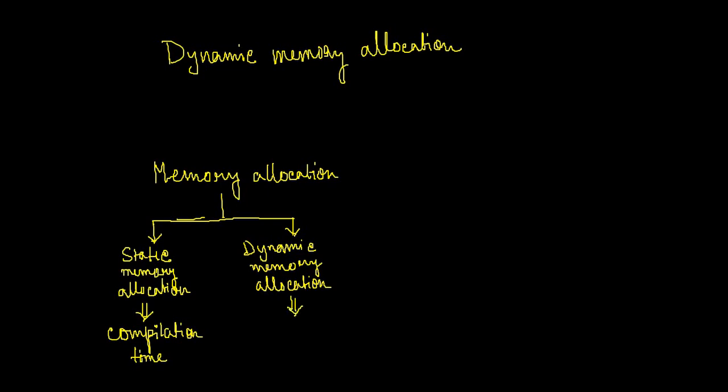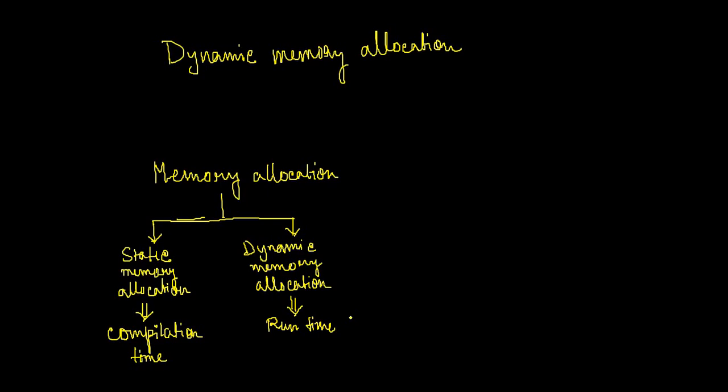And the memory is allocated in this case at runtime. So what does compilation time and runtime mean, and what effect will we get? Compilation time memory allocation means that if you want to execute a program, before executing it, the high level language should be converted to some specific low level language and then it executes. The compiler is there to convert this.